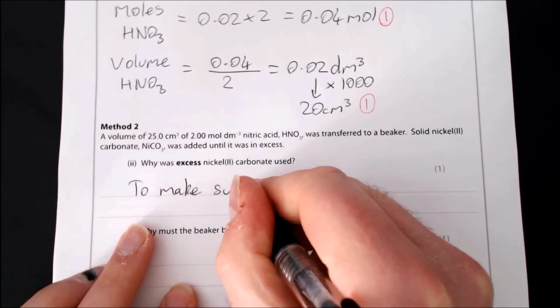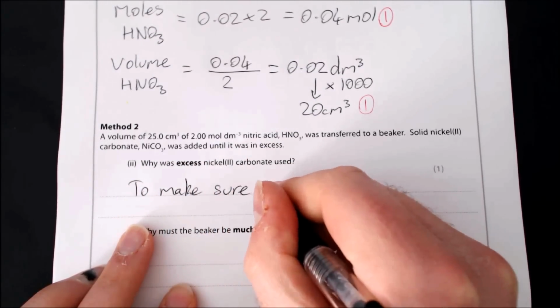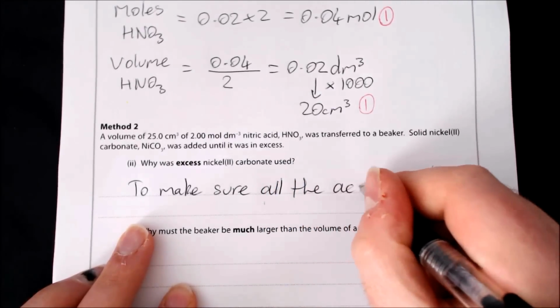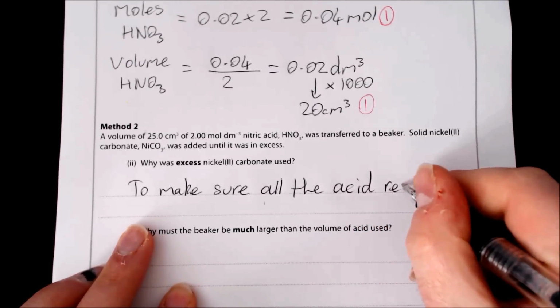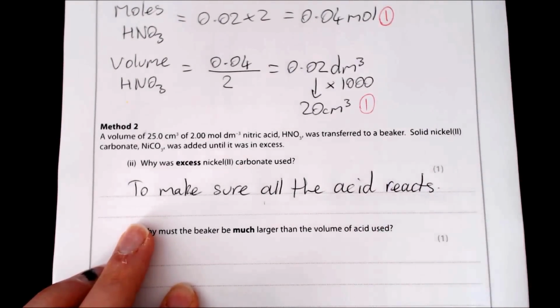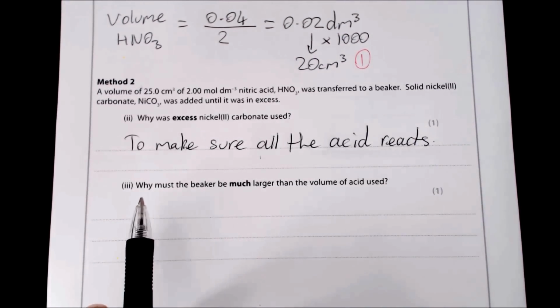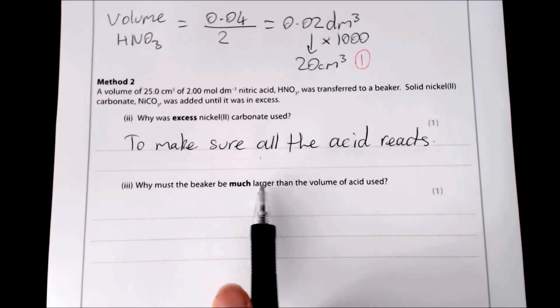So we'll put that in there, to make sure all the acid reacts. All right, okay. And then the next one, it says, why must the beaker be much larger than the volume